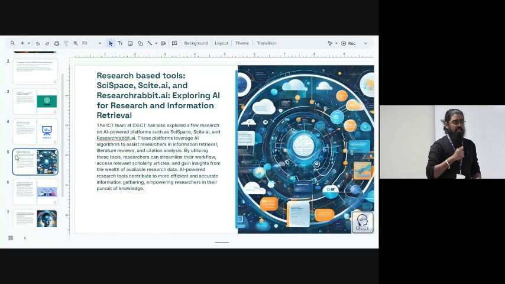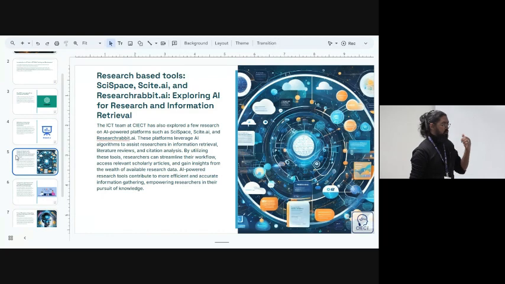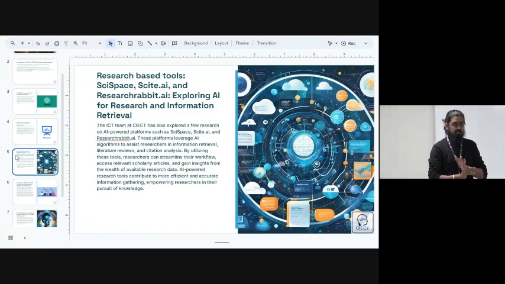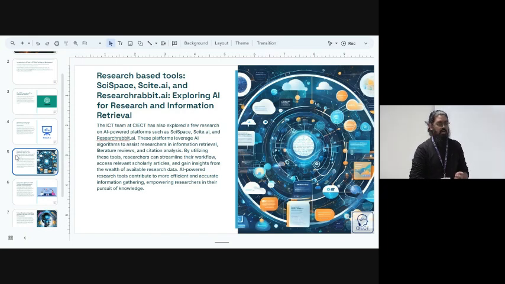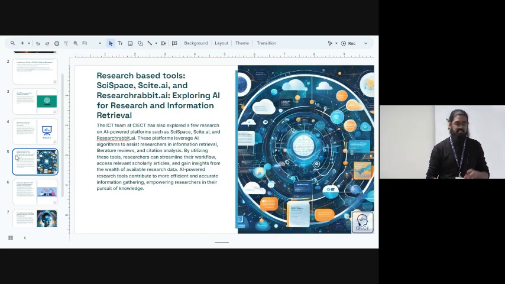Then, a big question we constantly get, mostly from postgrad students, is: is there an easier way for me to do things like my citations, things like my research? Is there something that can assist me with it? Thus far, we have found three tools. Two of them are still mostly free to use, and Ciect.ai has now become a subscription-based website, which is a trend with the amount of AI-based tools or websites that are available online.